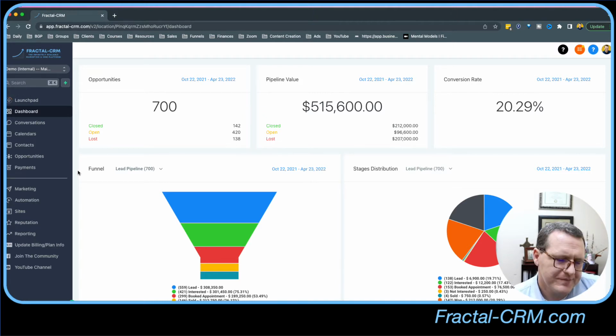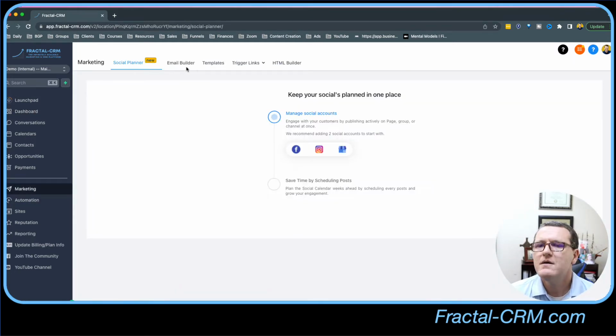forms. I obviously haven't communicated this well enough, but under marketing, we've had the emails and the templates and the trigger links and everything. You can now start managing your social media accounts. So we've got Facebook, Instagram, and Google My Business currently set up. LinkedIn is coming soon. Twitter is coming soon. So we've got a whole roadmap of additional platforms. But already you can